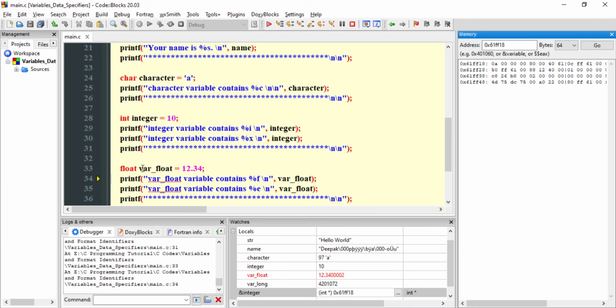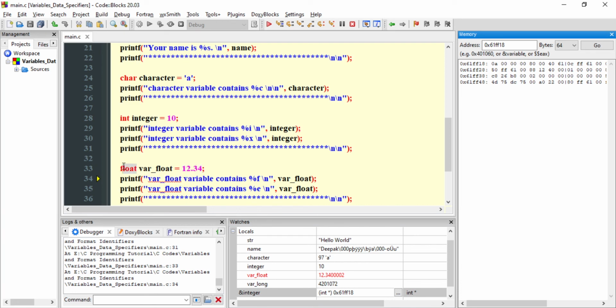We are now going to use data type float, and the name of the variable is var_float, which is allowed in C program. So underscore is allowed, but in between the variable's name. So now we are allotting a number with decimal points, for example, 12.34. You can see here we have assigned only 12.34 in the variable var float.